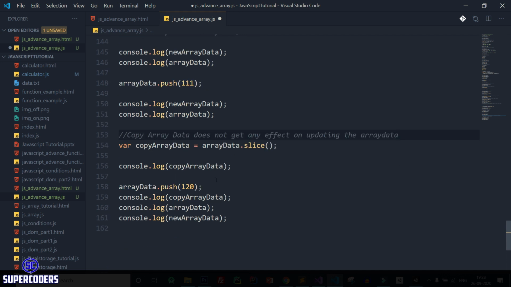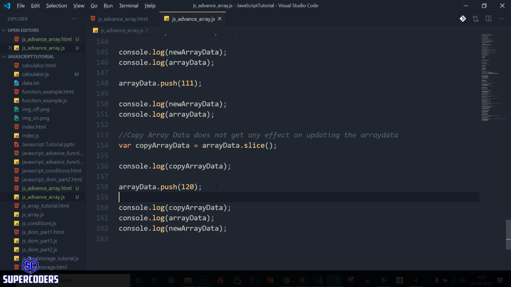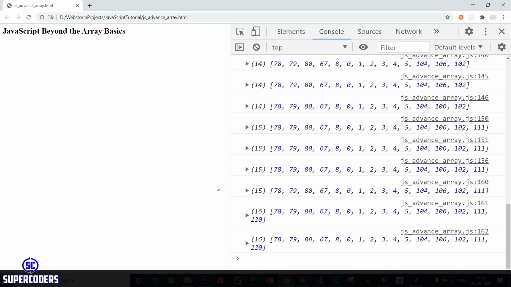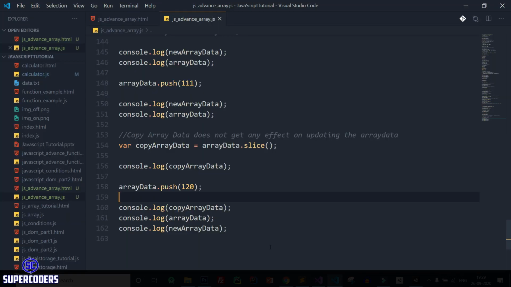So here I print all the data and save it again, back to Chrome, refresh page, and here you can see copy data is the same, but if you see array data, it gets updated, and new array data, it gets updated. So that is the difference between copy of reference